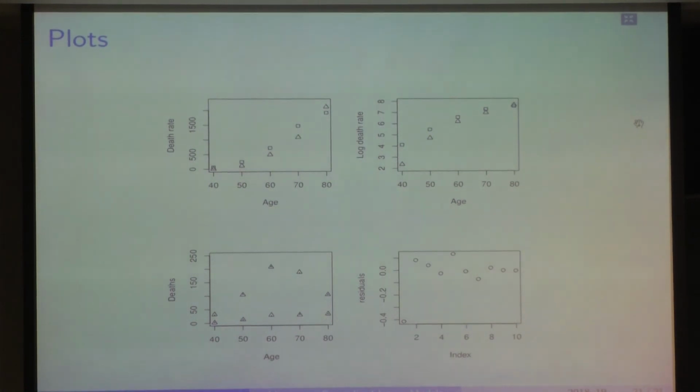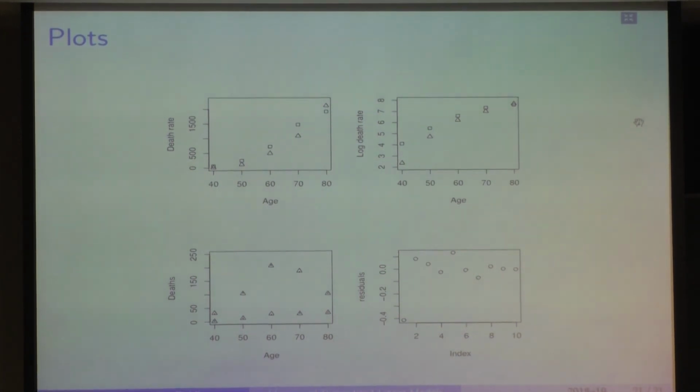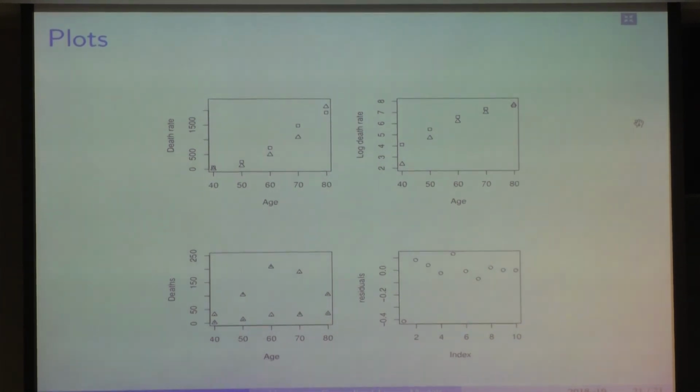Here we are. So the top right one is the one that I'm talking about here. So the top right has the log of the death rate plotted against age. So the squares, which are the higher ones, are the ones for smokers. The triangles are the ones for non-smokers. And you can see that that doesn't really look like a straight line. It looks like they're increasing with age, but at a rate which slows over age. So that might suggest that we want to, say, fit a quadratic